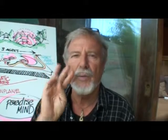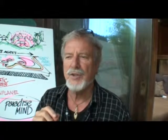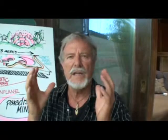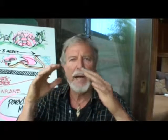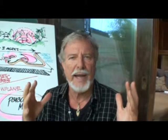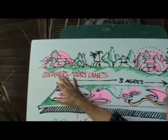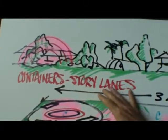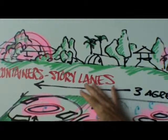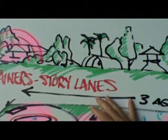I'd like to introduce you to three fairly simple ideas, but they're very unconventional. It has to do with creating the total feeling of multiple layers of multiple membranes around you when you're moving through the land or sitting on the land. It looks to me like how you build these psychic energy containers. And when I say container, I'm not talking about a can, but a place where people gather. Story lanes, where people drive and they walk, and hopefully these include beautiful smelling plants as well as things to look at. And then